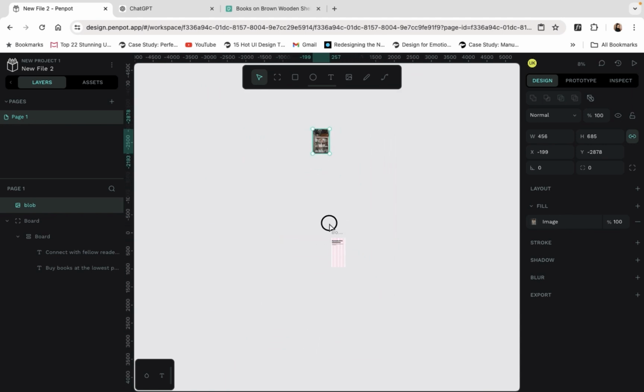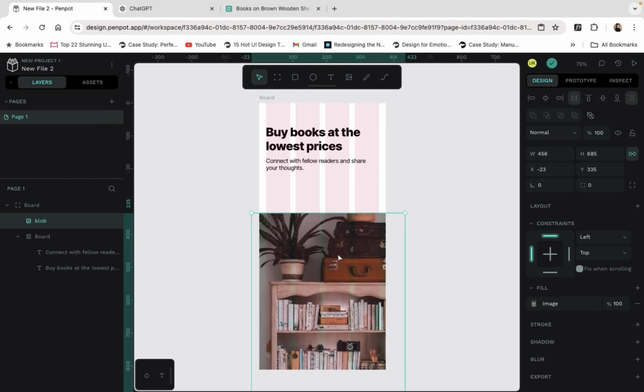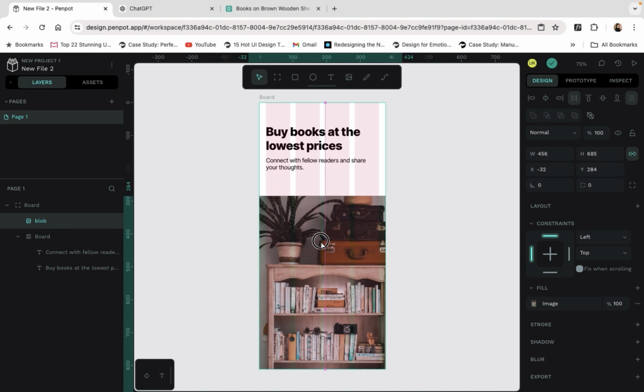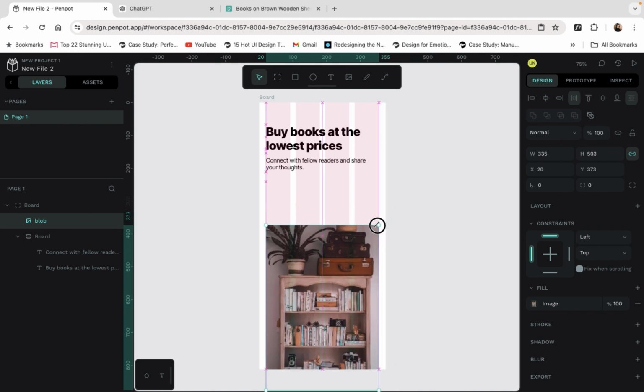Also, I have to add a CTA from where the user can navigate. Let's see how I will resize this one.